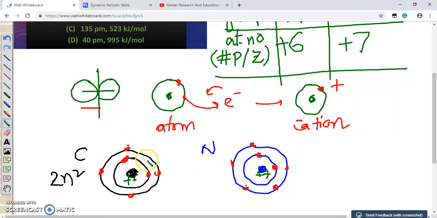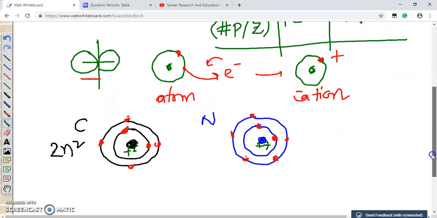But also, if you see, the outer electrons are actually shielded by the core electrons. Core electrons means electrons in the inner shell. Electrons in the inner shell are called the core electrons. They are actually repelling the outer electrons. So the repulsion of core electrons on the outer electrons is called shielding or screening. Due to this repulsion, the hold of the positively charged nucleus on the outer electrons will be weaker,